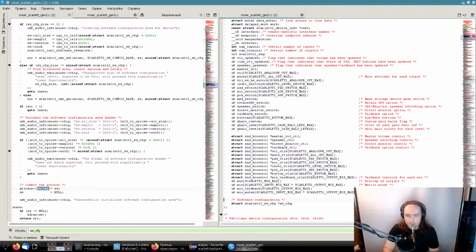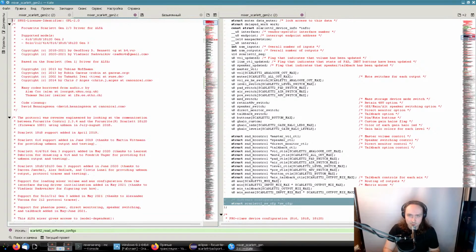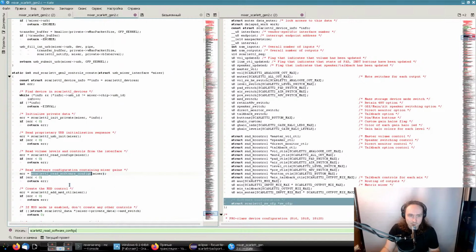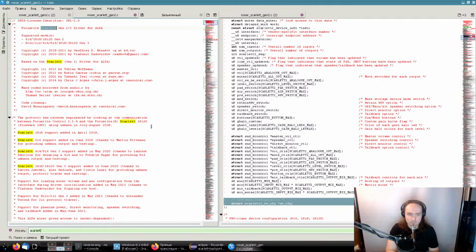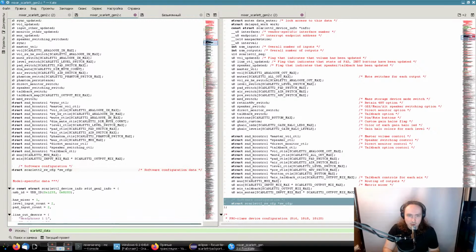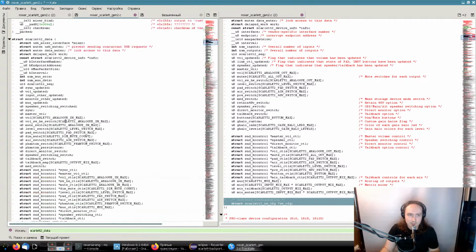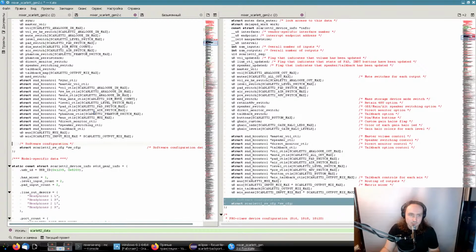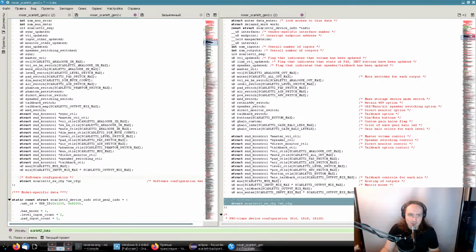Here it is, and we need to copy this field to the configs, to the structure Scarlett data, and put it here. I don't know why Geoffrey didn't leave any comment about each field. I think it is understandable by the name of the field, but not always. I like to comment any field which I have touched. Anyway,